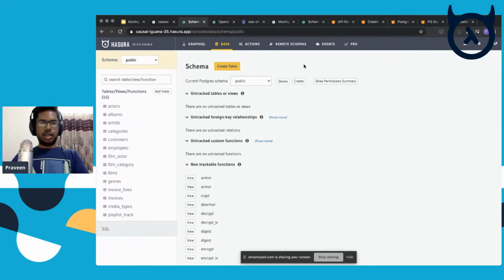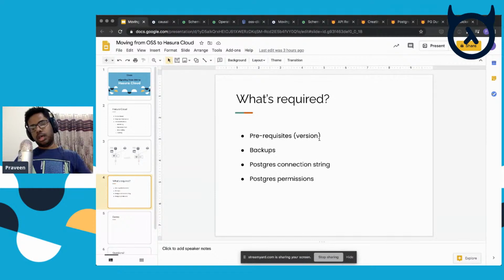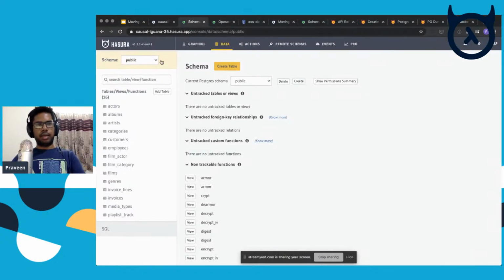And just ensure the following prerequisites. I'll just go back to this slide. You'll just have to again ensure that the versions are the same. So another thing that you need to notice is that if you have migrated to Hasura Cloud,